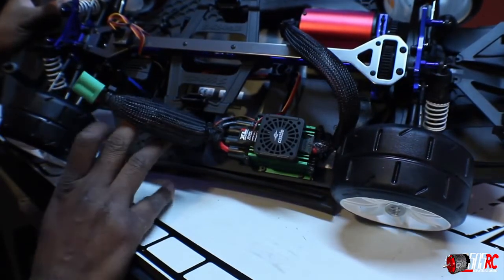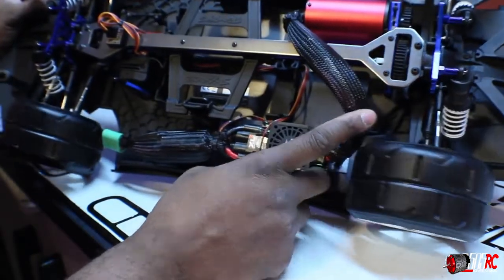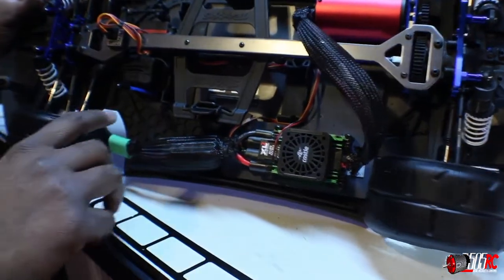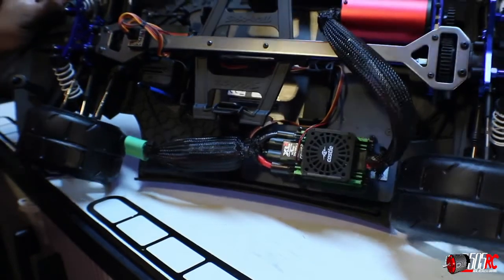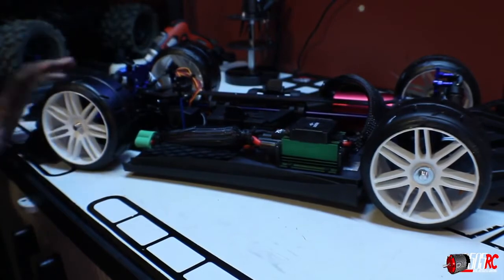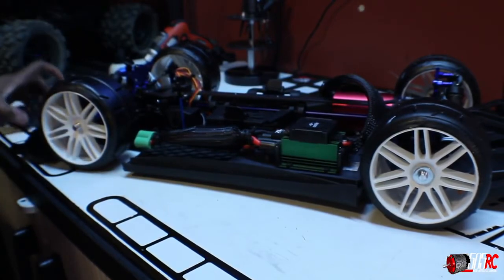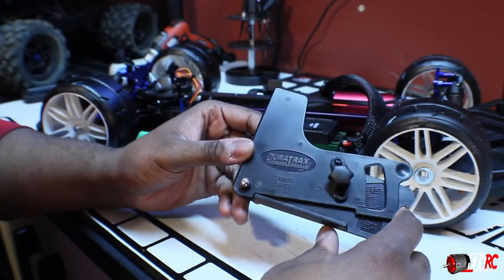That all wire loomed and got all this hooked into place. Got my gyro mounted. I went with the Sky RC gyro, so it seems to work pretty good. Haven't run it yet, but hey, I did some shake tests. Alright, so here is my dual Traxxas